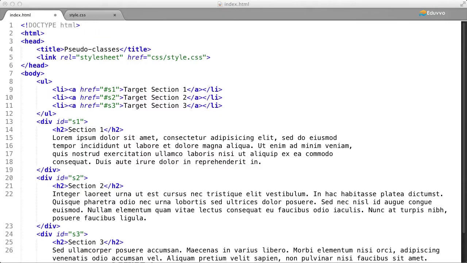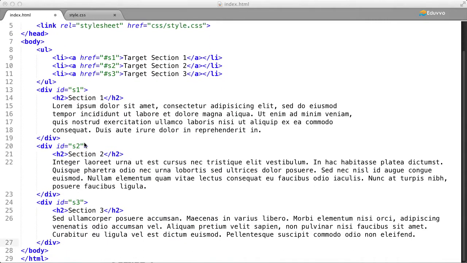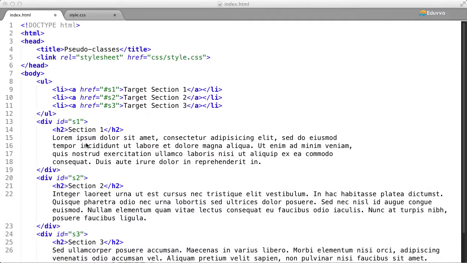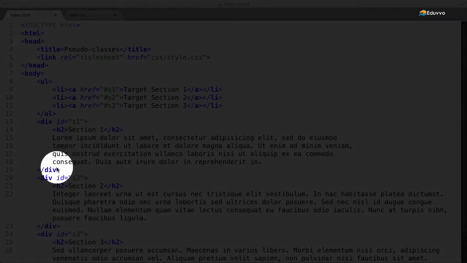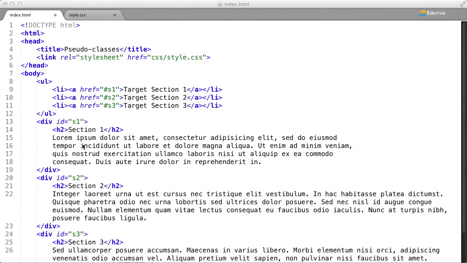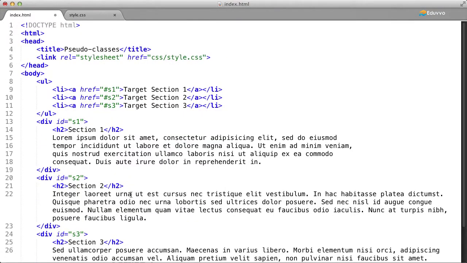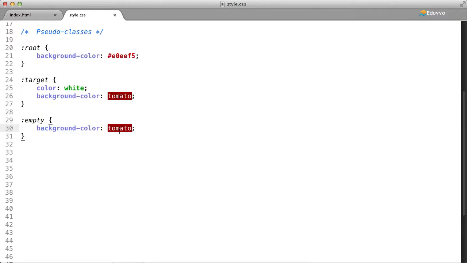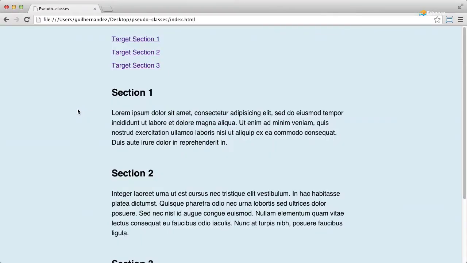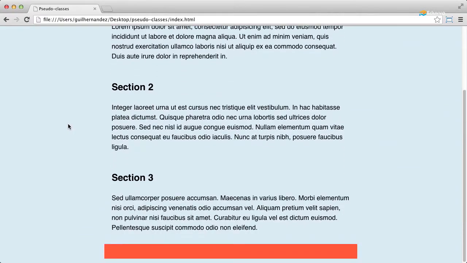In our HTML file, there are currently no empty elements. As we can see, they all have child elements nested inside and content. So let's go ahead and add an empty div element to the bottom of our page. We'll go ahead and save our index file and save our style sheet, and we'll take a look at it in the browser. So when we click refresh, we see that the only element that turns red is the empty